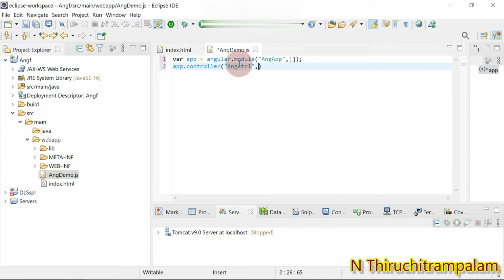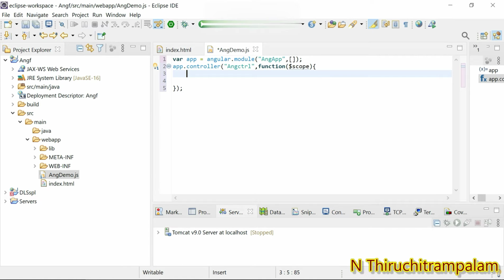Okay, now you create a function with $scope, and within this I'm going to create an array. I'm going to create an object array, right?